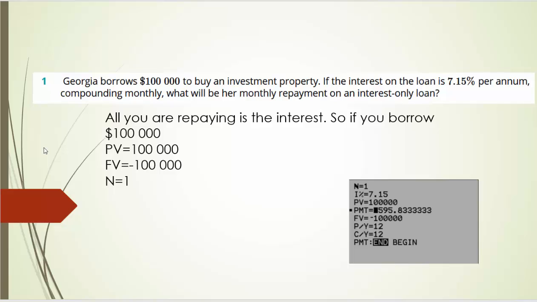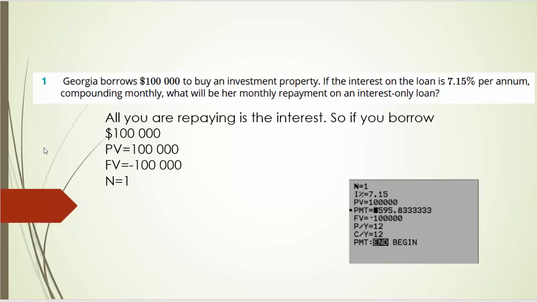At the end of the time, the future value is still $100,000, but you're going to have to pay it back, so that goes in as a negative. Putting n equals 1 is sufficient because the interest will be the same every period. So if you put n equals 1 and solve for PMT, you will find that to keep the balance at exactly $100,000, then Georgia will have to pay back